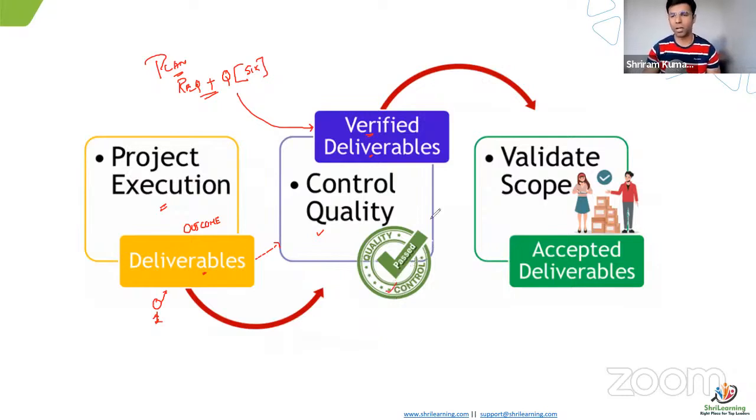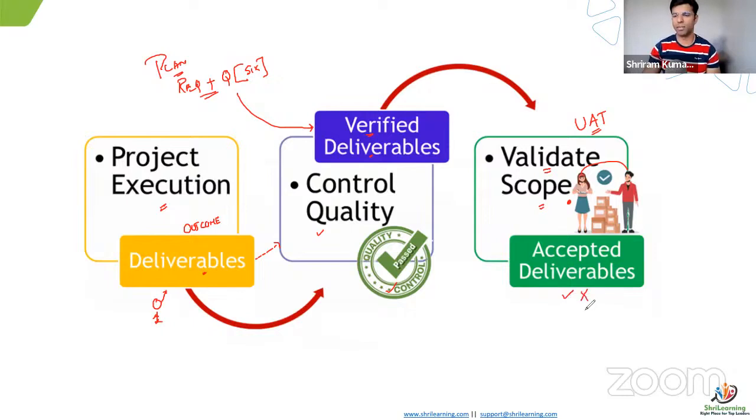Now let's go to the main point of the question. The question was asking about validate scope. For some of us, this term would be a new term. In the PMI book, when you read, in scope management, under monitoring the project, you get this topic called validate scope. In validate scope, what we do is, we actually now expose our work with the customer. Now, the customer is going to check it. And this is also sometimes called as UAT. UAT stands for? User acceptance testing. And in this place, they accept the deliverable